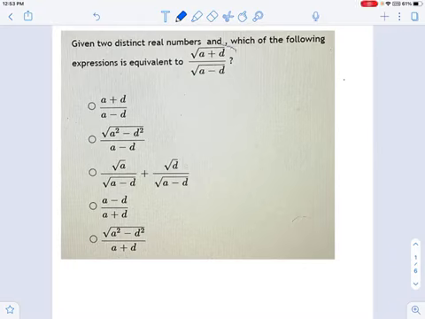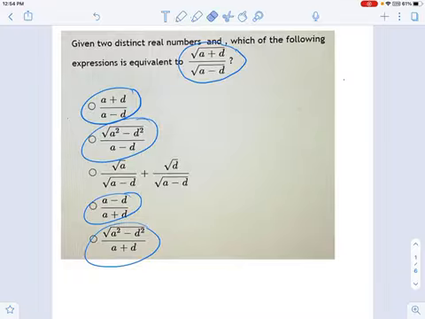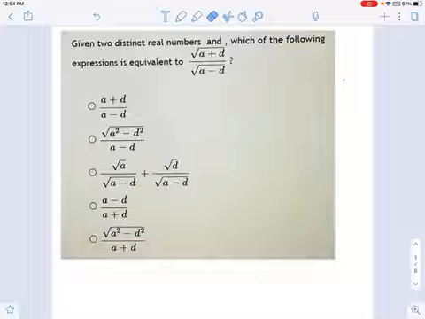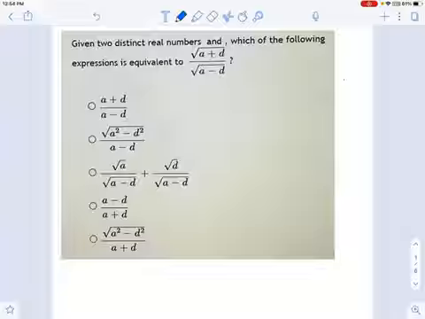Take a look at this expression here and take a look at most of our options for what it might be equal to. Notice how there's no square roots on the bottom of those things? That's a clue that we want to get rid of the square root that's on the bottom of this expression. The question is, how do we do that? And rather than talk about all the different ways some of these things are sneaky distractors, let's just go about finding the right answer. I want to get rid of the square root on the bottom.